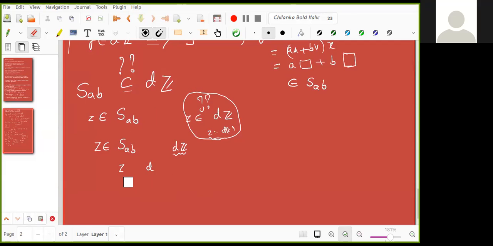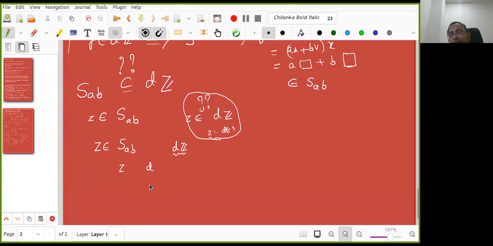So we could use the division algorithm. D is non-zero. Why is D non-zero? We said D was the least element of S intersection N. So D is positive, so D is non-zero. Good. And Z is an integer. When you have two integers, then I can apply the division algorithm. So Z is equal to DQ plus R. What is that I want to show? D divides Z. That means R is equal to 0.